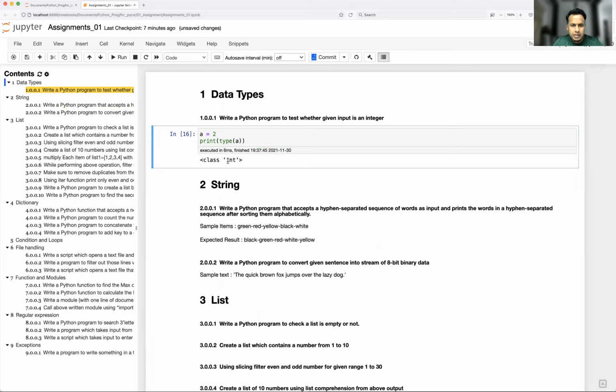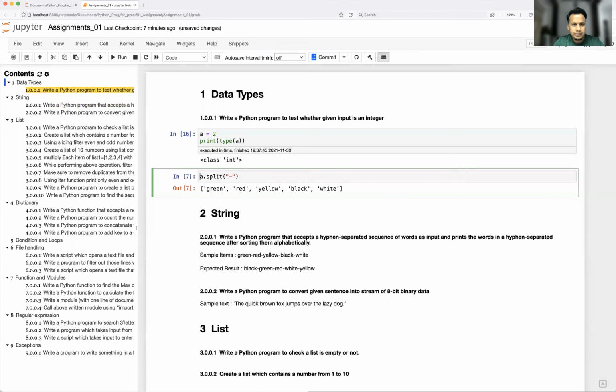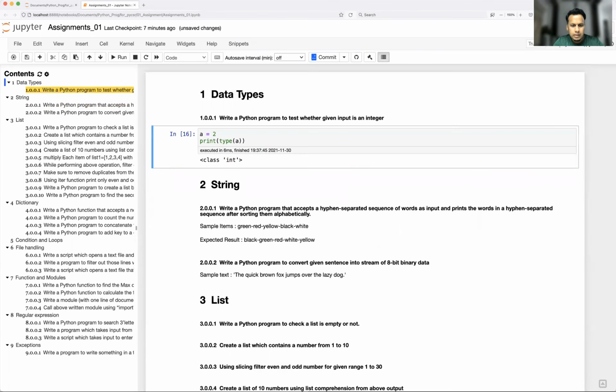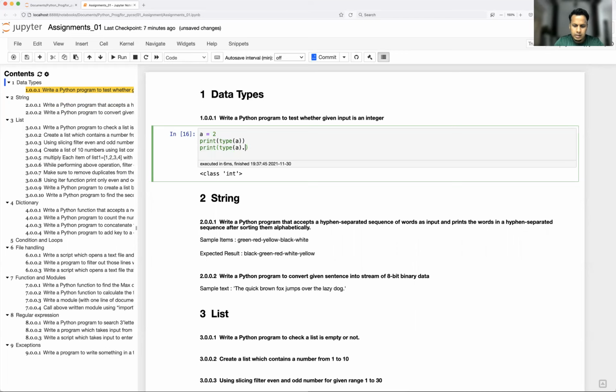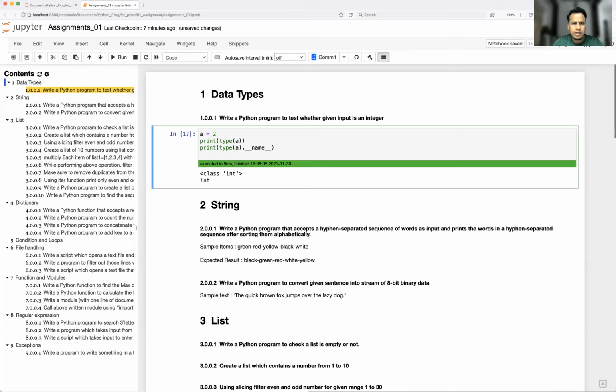Now how to fetch this particular string from this output? We have one attribute called, let me just print it here, type dot double underscore name double underscore. This attribute is going to fetch this particular name from the output.